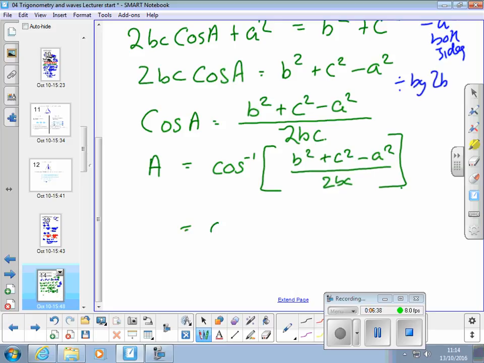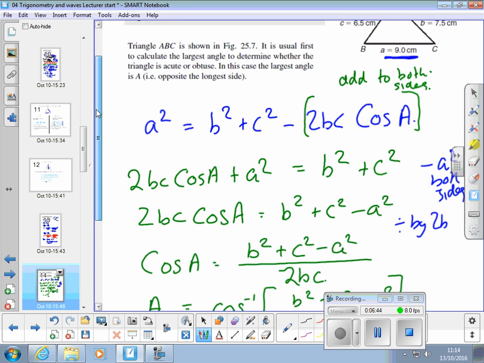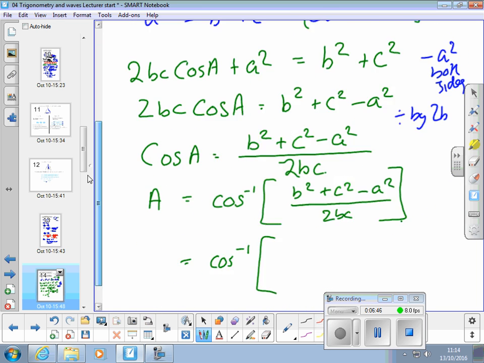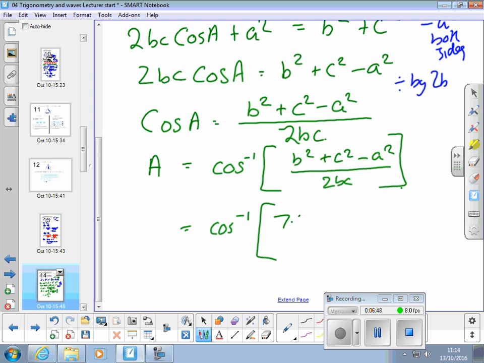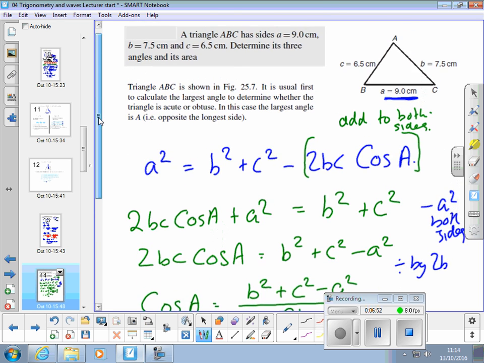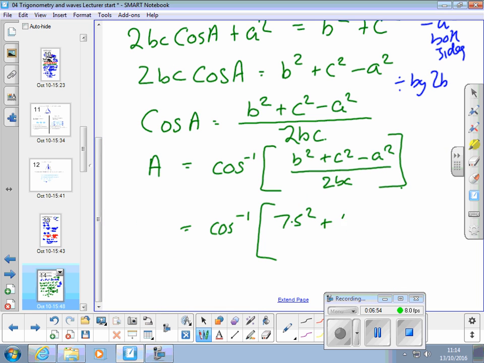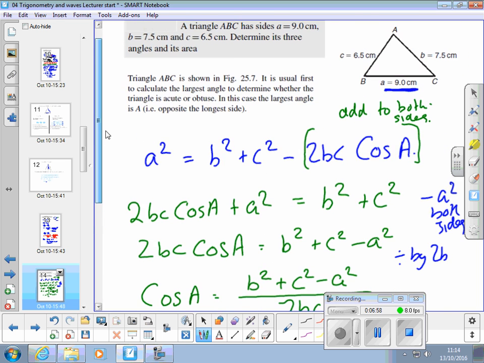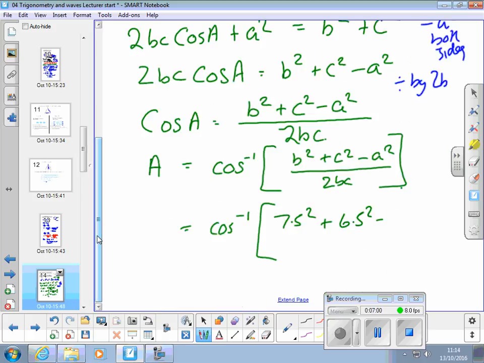So it equals cos to the minus 1, brackets, side B is 7.5 centimeters squared plus side C 6.5 centimeters squared minus side A 9 centimeters squared, all over